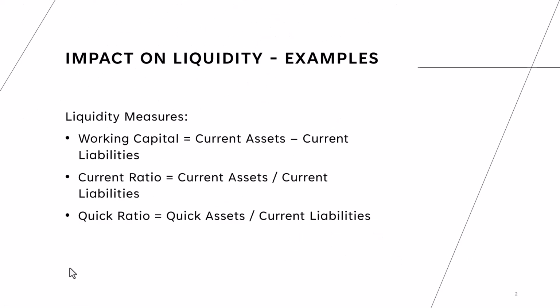So let's talk about impact on liquidity using some examples. Because we understand the liquidity measures are typically working capital, current ratio, and quick ratio. In their formulas, there are a couple of variables like current assets, current liabilities, as well as quick assets. So basically, any decisions that result in a change in the values of these variables can cause these ratios to